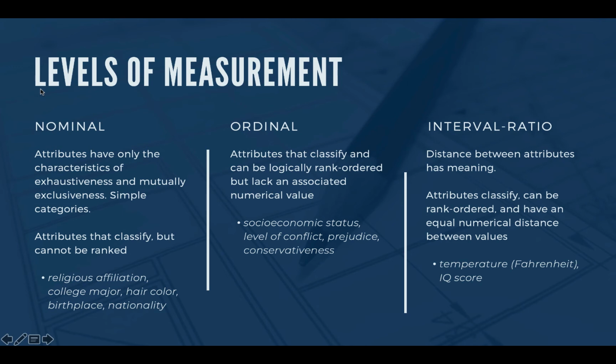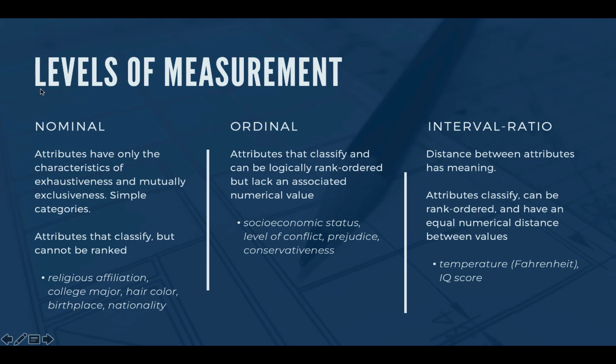Finally, we have interval ratio variables, and interval ratio variables are those in which the attributes can classify and categorize, and they can be rank ordered. And the reason they can be rank ordered is because they have numbers attached to them, and there are equal numerical distances between each category. So a good example is something like income or temperature. One step above, you're going into the next higher category, so not only is it a category, it's up one category, so it's at least ordinal, and we know it's higher because the step is equal to 1 unit. So if we think about income, we know somebody making $50,000 a year is part of the $50,000 category. We know somebody making $50,001 a year is actually one step higher.